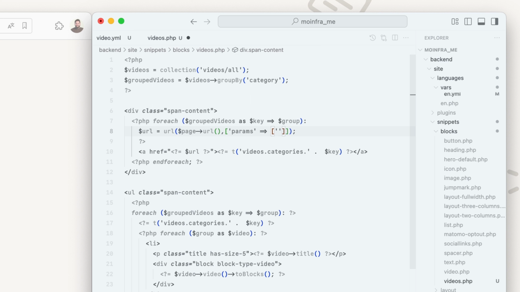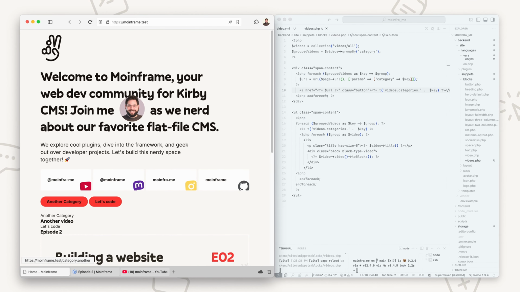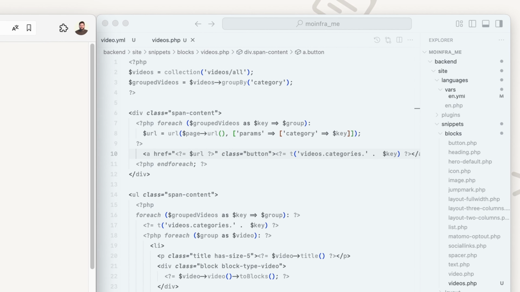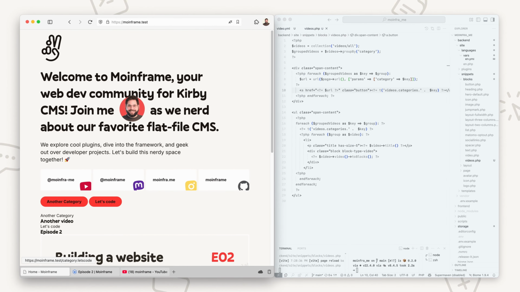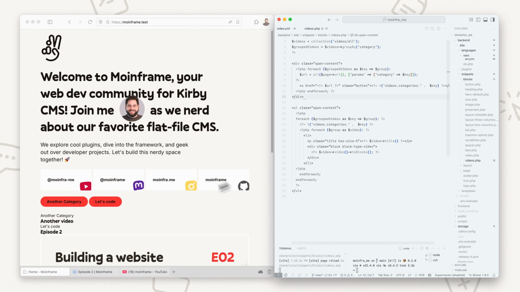And each param can have a name. Let's call it category. And it will have a value, which will be the key of our link. Let's make it buttons. And if we hover here, you can see the param is basically attached to the URL. So we have our homepage URL, and then we have a slash, then the category or the param key, that's category, and then the key of the actual category we are using in the group, which is let's code and another. And if we click on this,